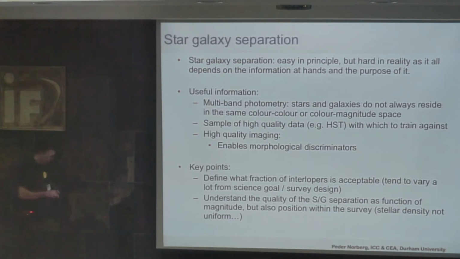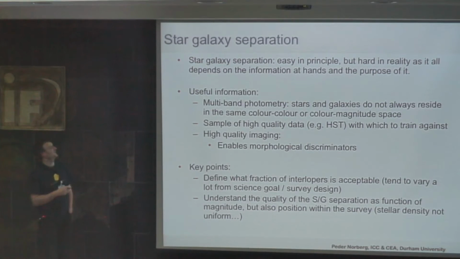And in doing these types of plots, the number count is a number count of extragalactic objects, hence galaxies, not stars. Stars, unfortunately, come into this issue, and that's where we have to worry about star-galaxy separation. So star-galaxy separation is easy in principle. It's either a star or a galaxy. I think we can all agree on this one.